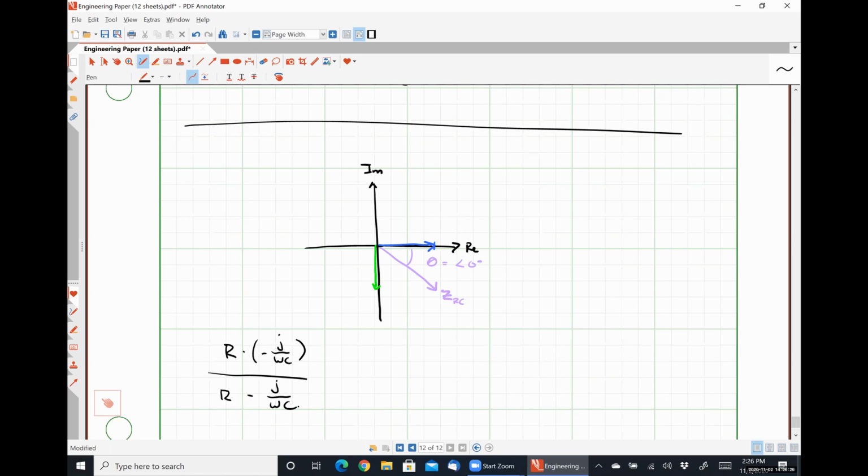That's resistor in parallel with an inductor or capacitor. If I multiply this guy by its complex conjugate of the denominator, R plus j over omega C, what I'm going to have is R squared